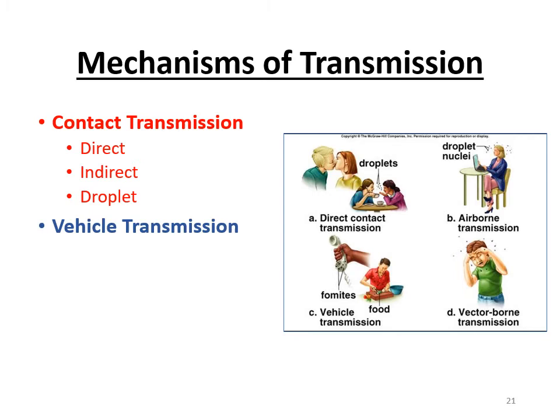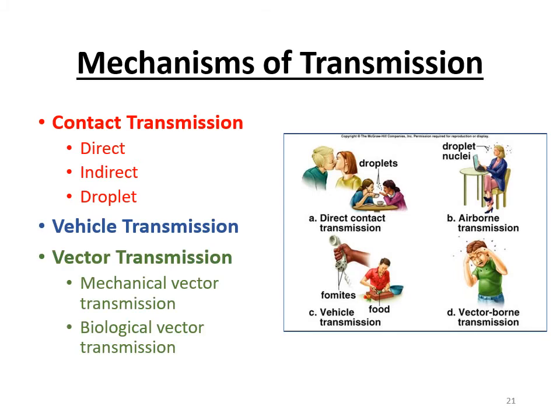The last type of transmission is vector transmission. And vector transmission can either be mechanical or biological. Either way, a vector is a carrier organism, usually an arthropod, or something such as a fly, a tick, a mosquito, any type of bug that you would think of. Okay? When we then categorize it as mechanical or biological, there are 2 ways that this bug can get you